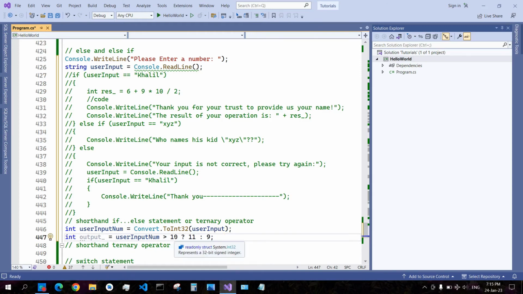If it is greater than 10, 11, otherwise 9. And inside ternary operator, you can have another ternary operator. So here we say if it is greater than 10, 11, if it is not greater than 10, 9, but